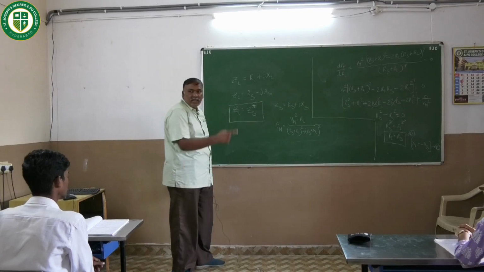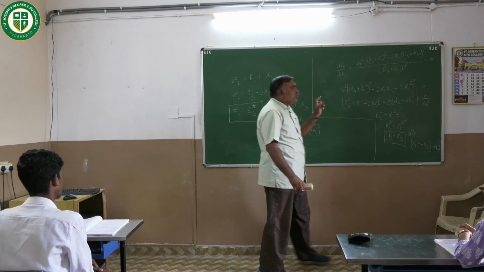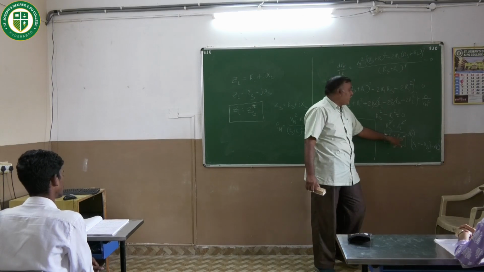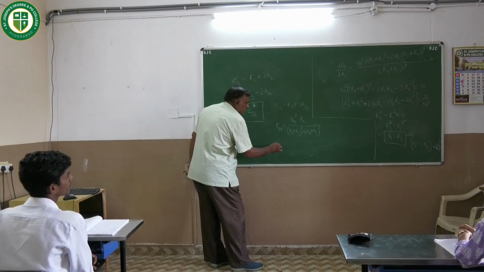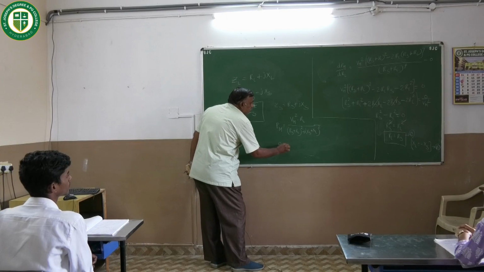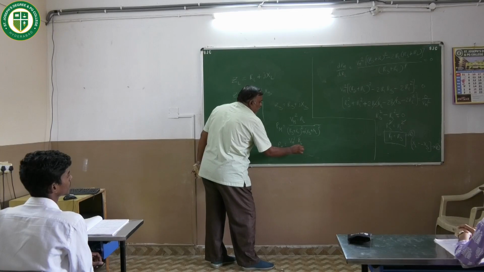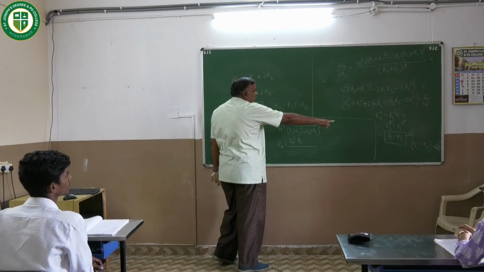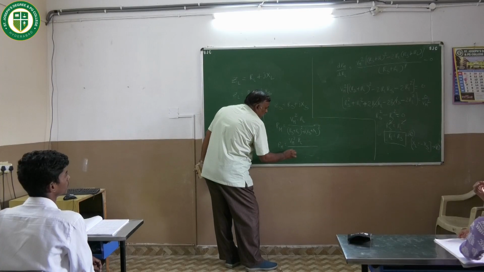This is the expression what you are having. Yes, class, right? Now from these two conditions, RL is equal to RS and XL is equal to minus XS, if I substitute those two conditions, Pm is equal to Vm square into RL by, in the place of RS, I will substitute RL. That is RL